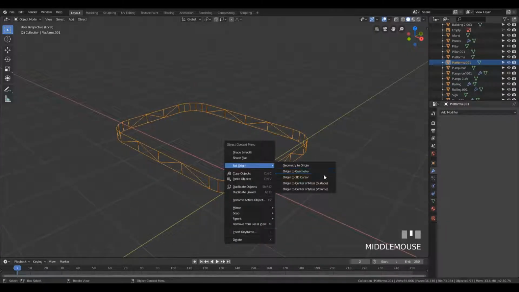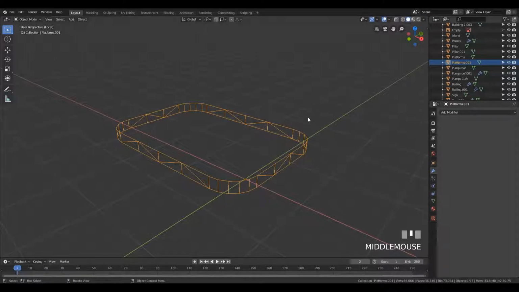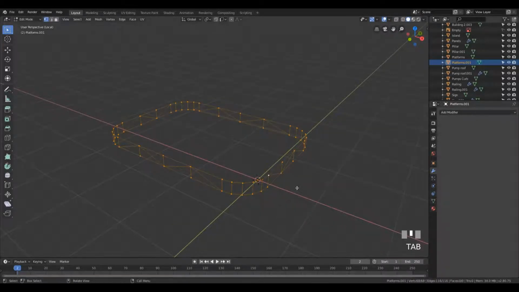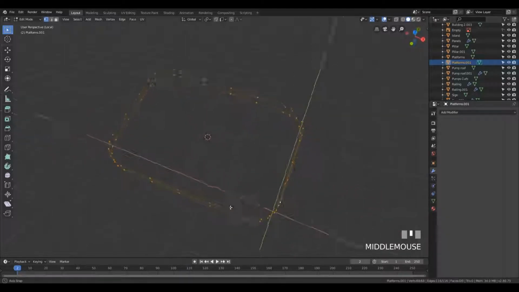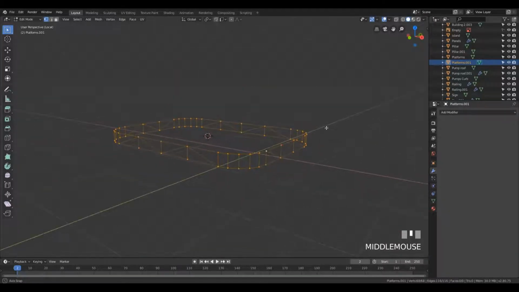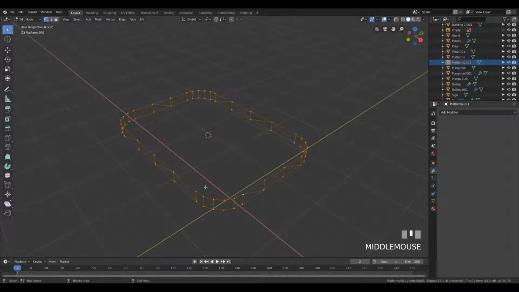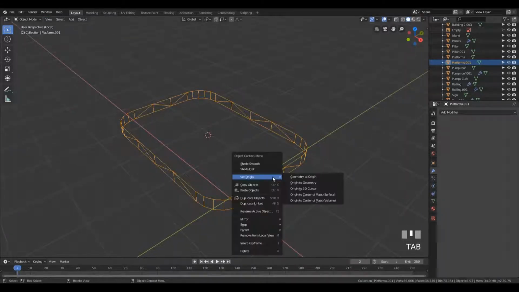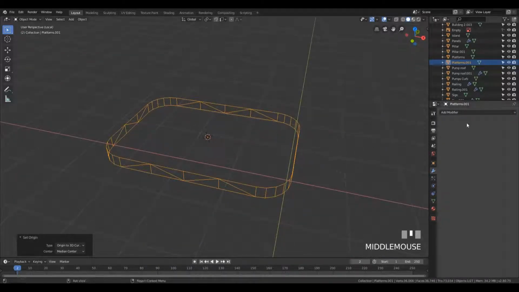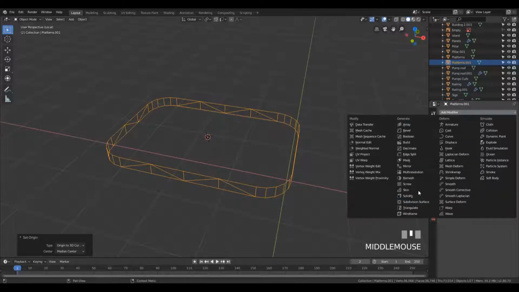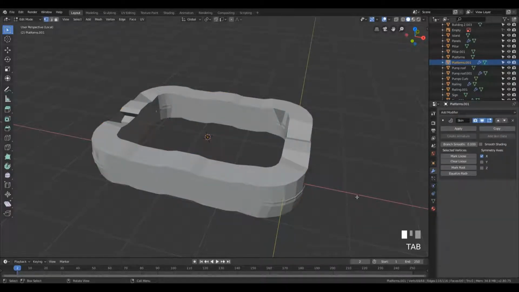it can't be done with set origin to the center of mass. So let's go into the edit mode, and with all of this selected, let's press S cursor to select it. Then it will take into account the median of all the vertices and place the cursor in the middle. And right now we can tab out and set origin to the 3D cursor. So we have an origin in the middle of the structure. And right now you can just add a skin modifier, tab in,